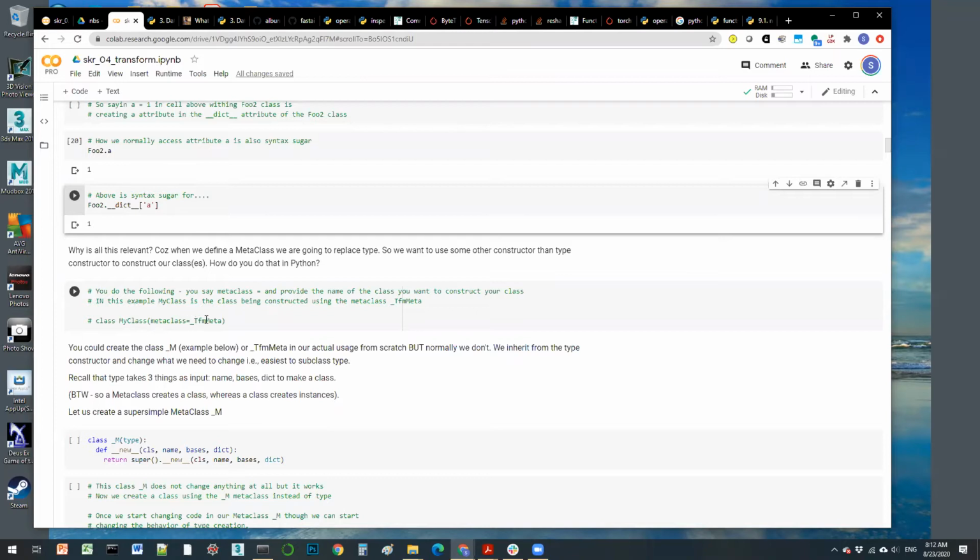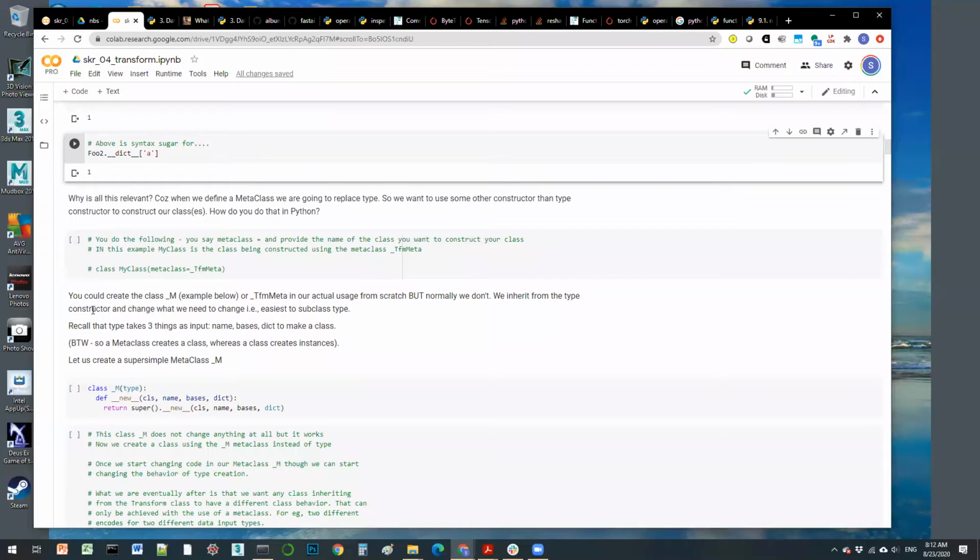If it's different from type, then you provide metaclass equals whatever the name of the metaclass is. If you don't say anything here, it just uses the type metaclass to construct my class. So that's what this says. And let's therefore create _M metaclass as a toy example in order to understand better what